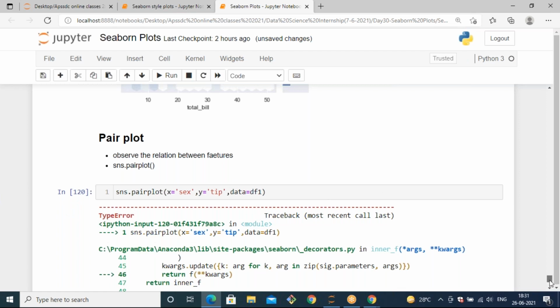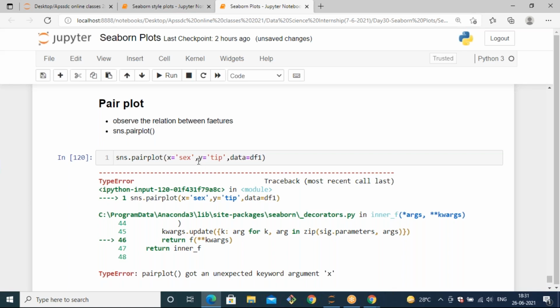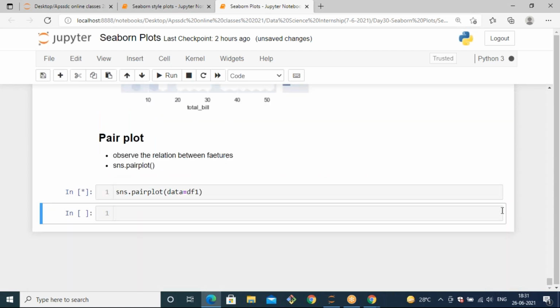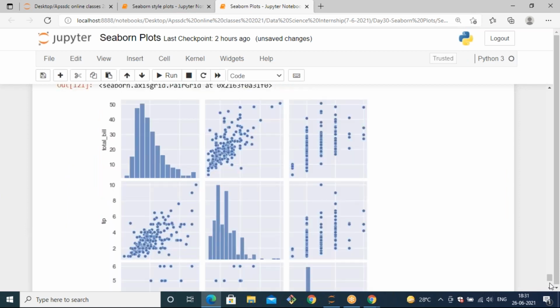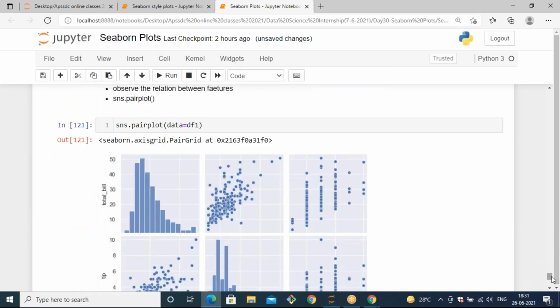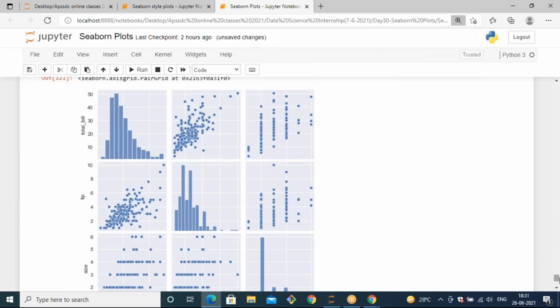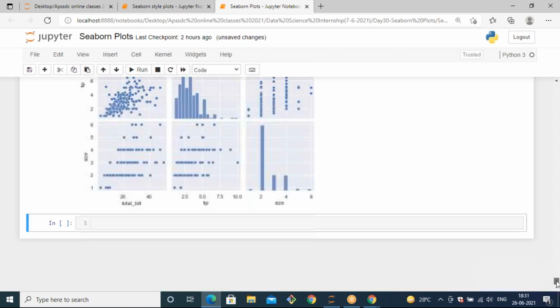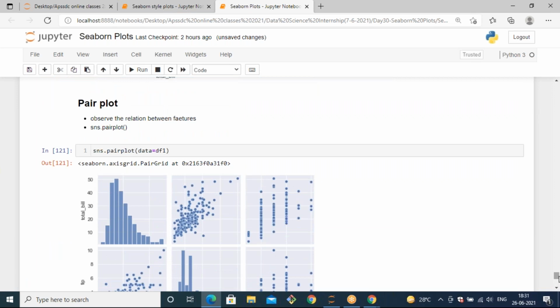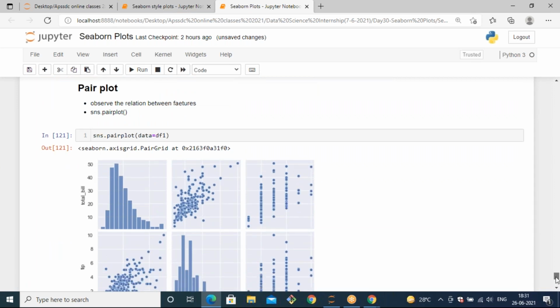Pair plot doesn't take any kind of x and y axis. Okay, let's take data equals to df1. Based on all the features of the data frame, it will tell you the relation between one and another. In that case you cannot specify one particular feature, right? When you want to find out the relation, you need to access all the features so that it gives you the relation between one and another. So it doesn't take one or two, it takes the entire data frame. So data equals to df1.